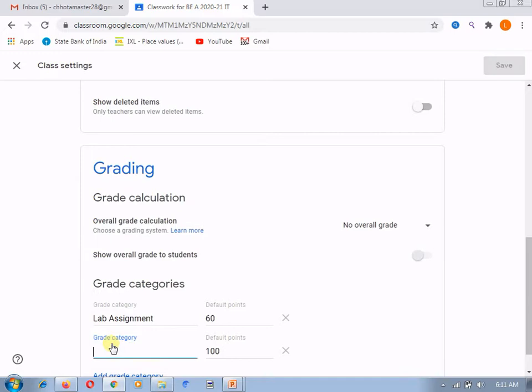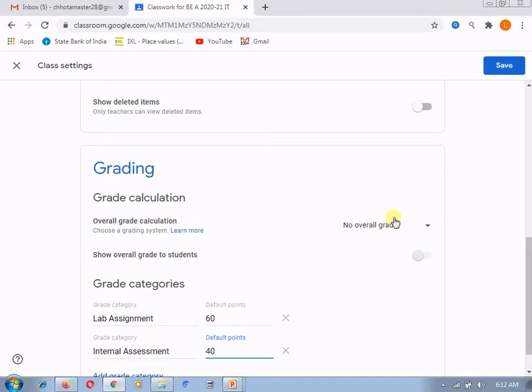I will click on add grade category, and now I will name it internal assessment. That is all the tests for all the units you are going to take for the students. All that marks you can assign as internal assessment, and I want to give it the remaining 40%.